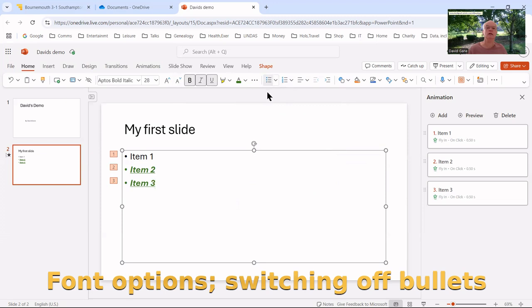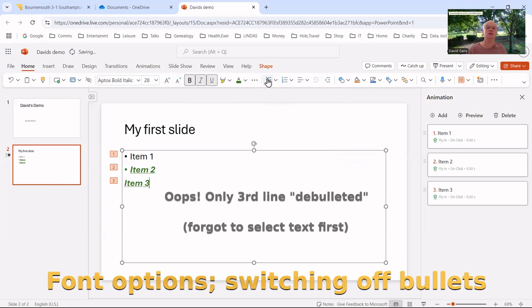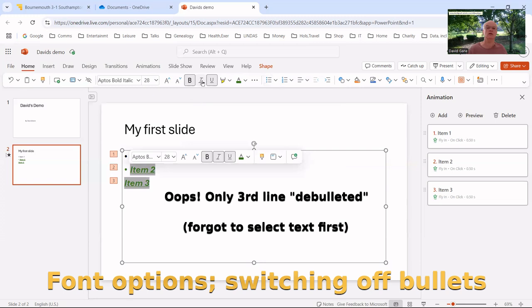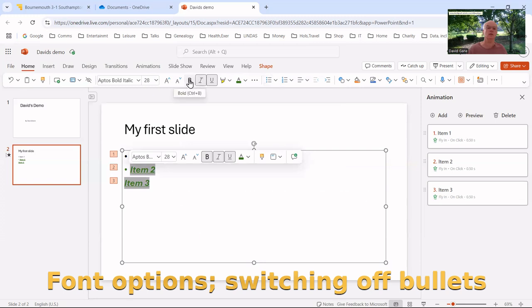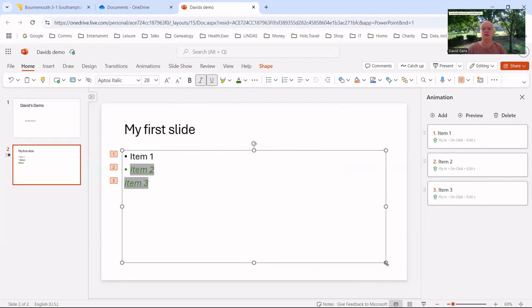So if I click here, it's on at the moment. Click here to take it off. And that actually deselects the text. So if you want to do something further, like taking off the bold, then you have to select the text again. So if I adjust the size of this thing,